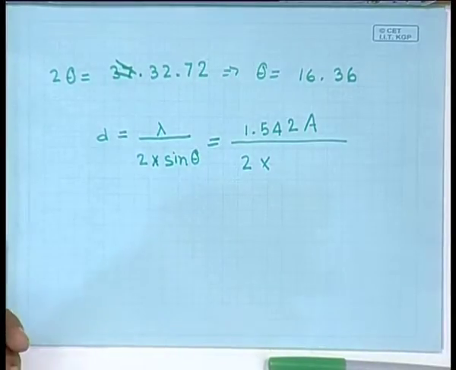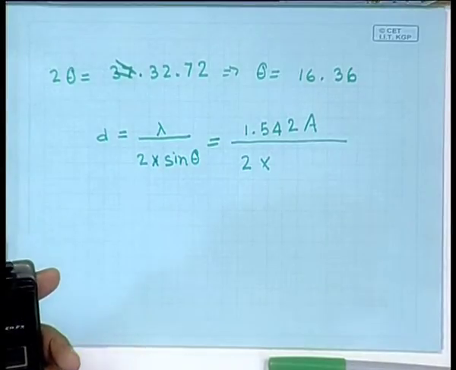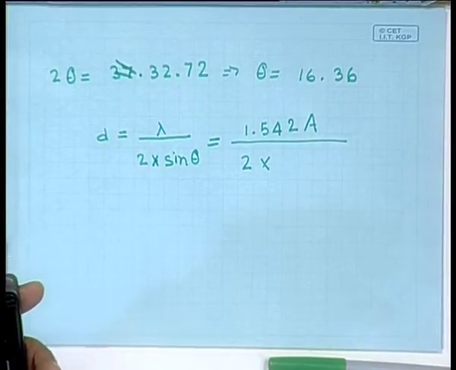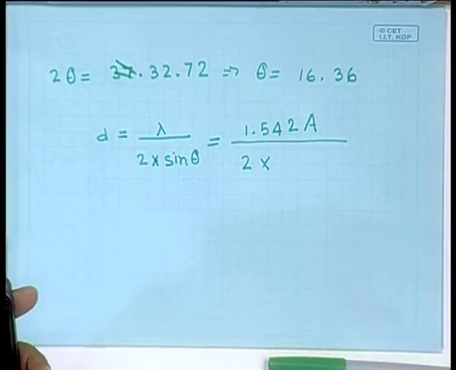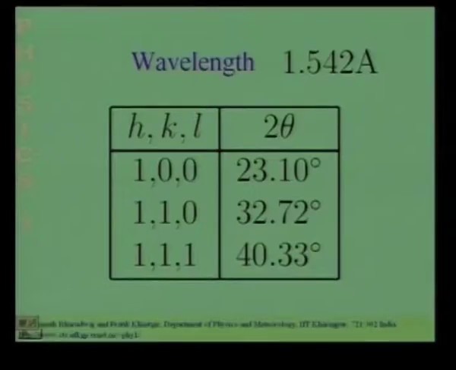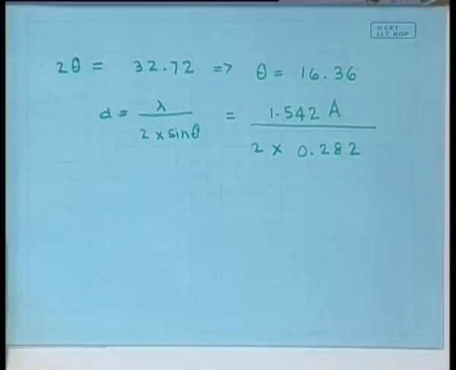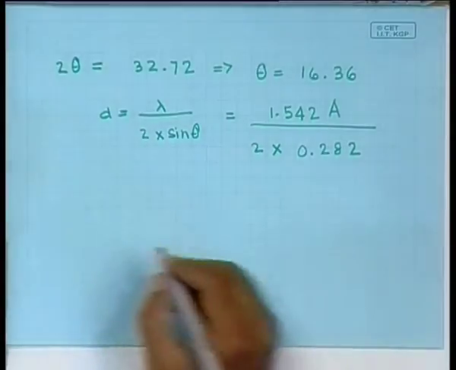So, let me do that. 16.36, the sine of that is 0.282 actually. Okay, let me now do this calculation. So, this times 2, and then 1.542 divided by that, doing the division, gives us